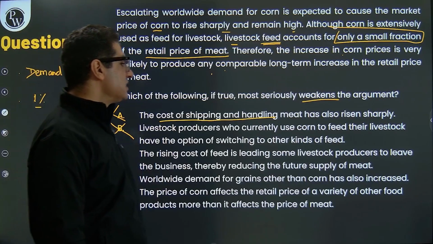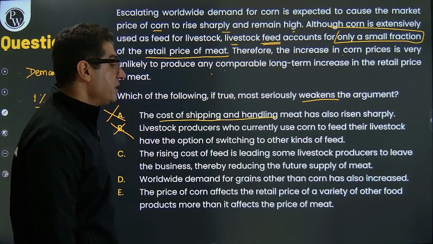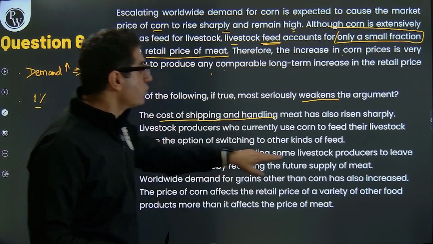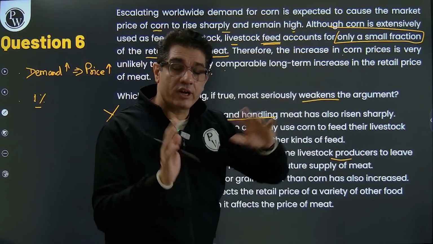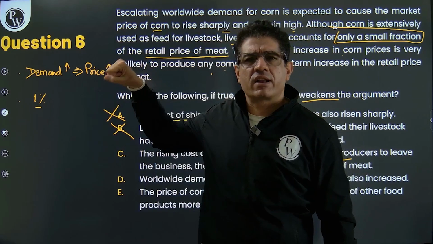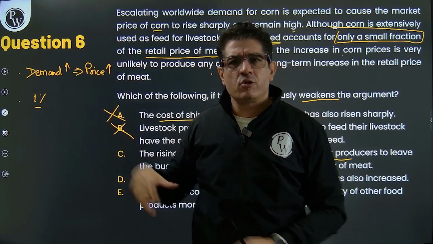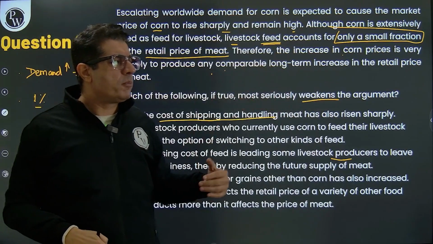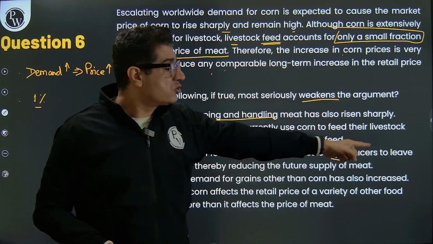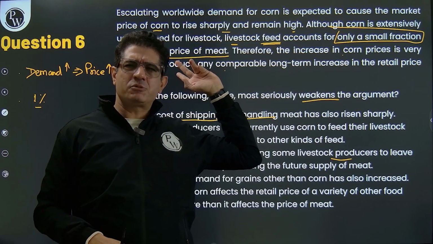The rising cost of feed is leading some livestock producers to leave the business, thereby reducing the future supply of meat. Now this can weaken, कि भाई अगर कॉर्न का प्राइस बढ़ने से कुछ प्रोड्यूसर, ये तो रिटेल प्राइस है, ये तो वो है जो दुकान में मिल रहा है, लेकिन अब सोचो वो किसान एक लेट्स से प्याज उगा रहा है, अनियंस उगा रहा है, हाँ, वो बाजार जाता है तो वो 8 रुपए किलो बेच रहा है, आगे वो 30 रुपए किलो बिक रहा है, तो वो 30 रुपए किलो के लिए 1%, हाँ, was 30 पैसा,